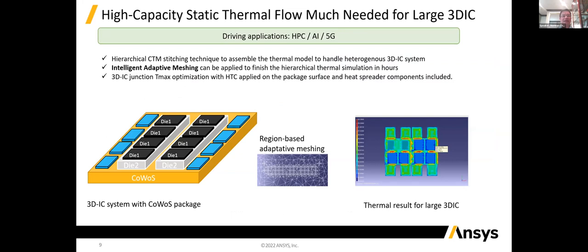Therefore, a solution is needed for designers of large 3D IC designs that may involve 10 dies, 20 dies, 30 dies. You need a different solution. You cannot do uniform partitioning and uniform meshing everywhere. We have to perform intelligent adaptive meshing. We may need to use a machine learning based technique or some other technique to speed up the adaptive meshing, so we can speed up the simulation time.